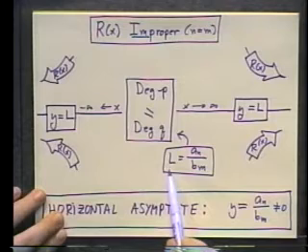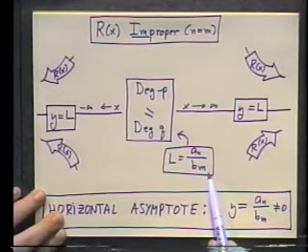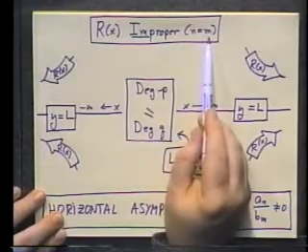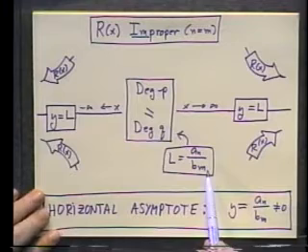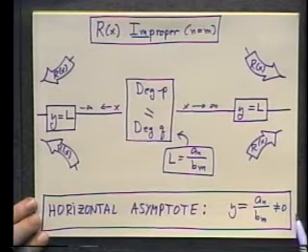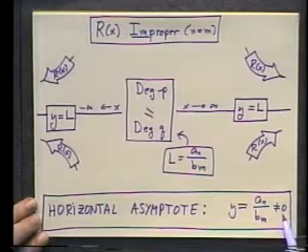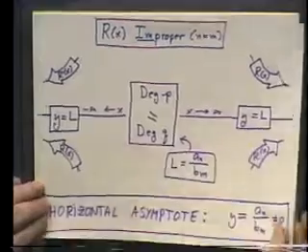Now, here I've written that the L is in fact a sub n, the leading coefficient on the top, over b sub m, the leading coefficient on the bottom. Now, of course, in this case, n and m are the same. So it is simply the leading coefficient of the same power of x top and bottom. This gives you a horizontal asymptote, y equals a sub n over b sub m. That won't be 0. That won't be the x-axis. It'll be a horizontal asymptote somewhere else. Let me illustrate that by doing an example